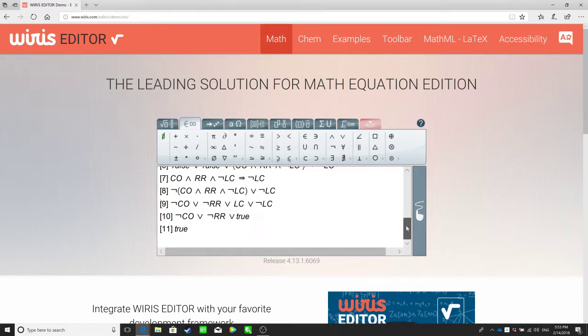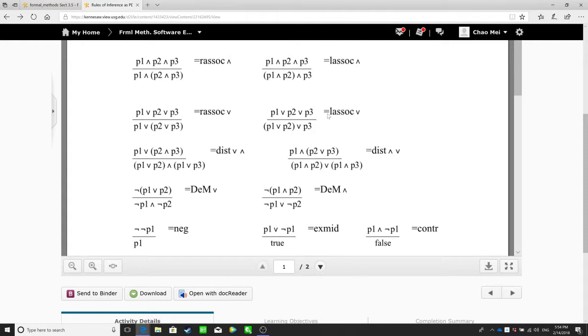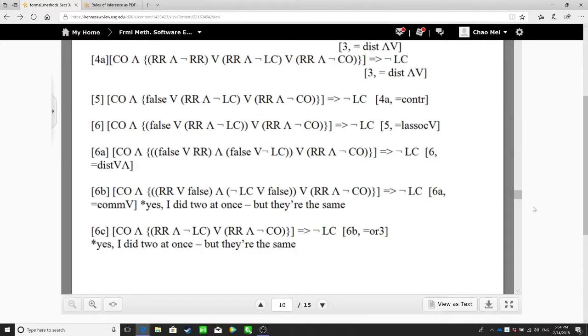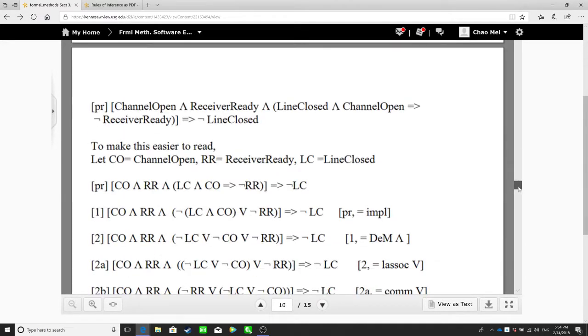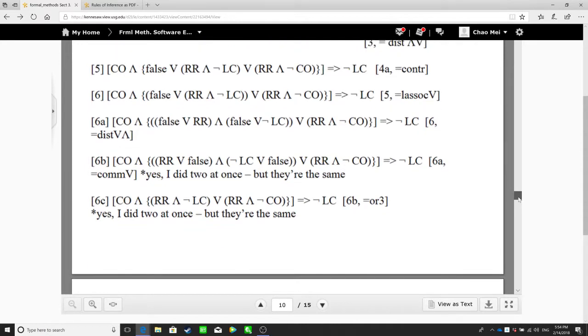So actually, I didn't do this step by step. I do something combined in one step. You can do that as well, as long as you put this here and tell me what rule you have applied. It should be fine. But if you look at this material in the D2L, it actually has pretty detailed steps there. So basically it applies just one thing at a step, so it's more clear, but it's